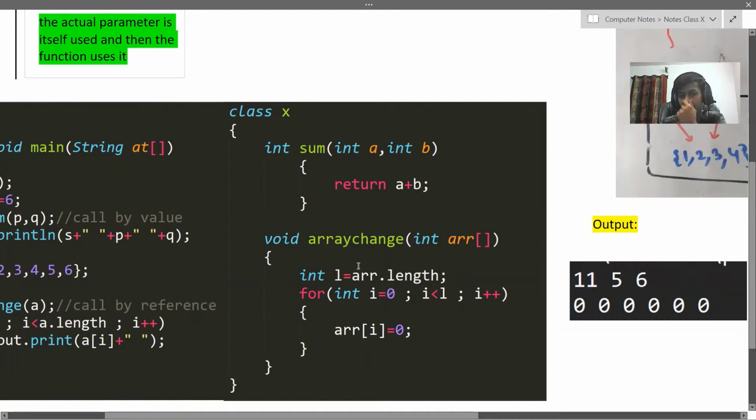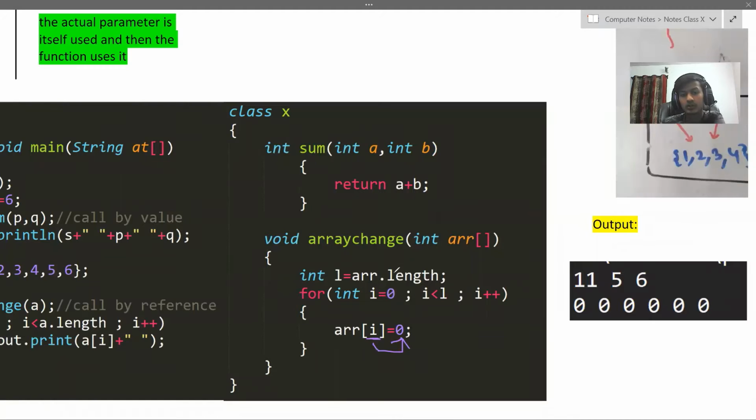As you can see, we have an array int arr. I calculate the length of the array using the dot length function, then I travel through the array and change the element at each index to 0. Clear? So this is the function of void arrayChange.